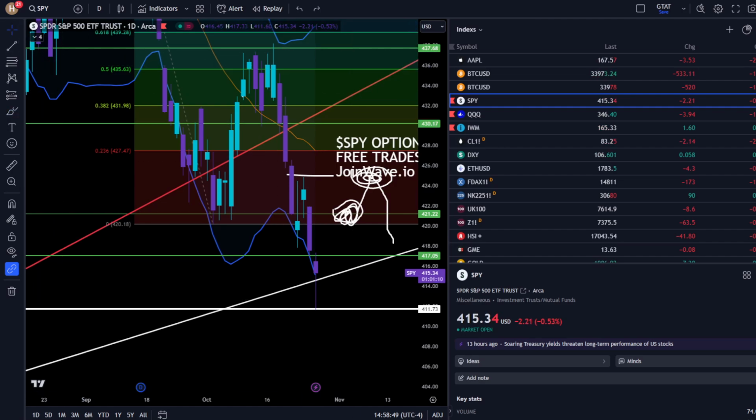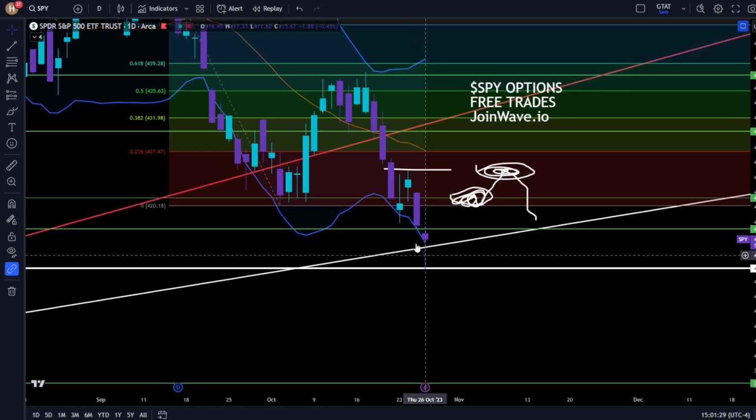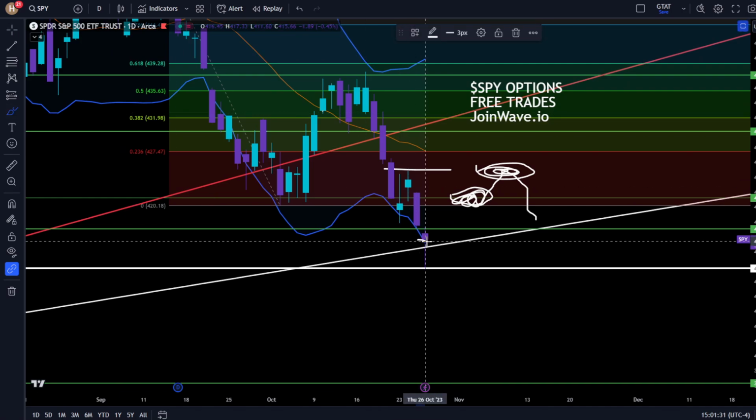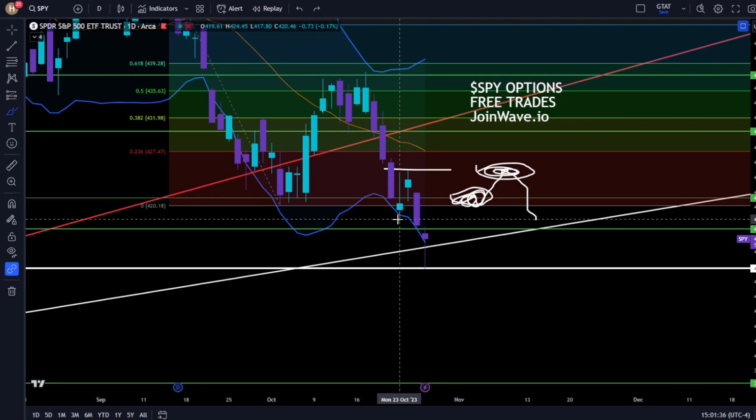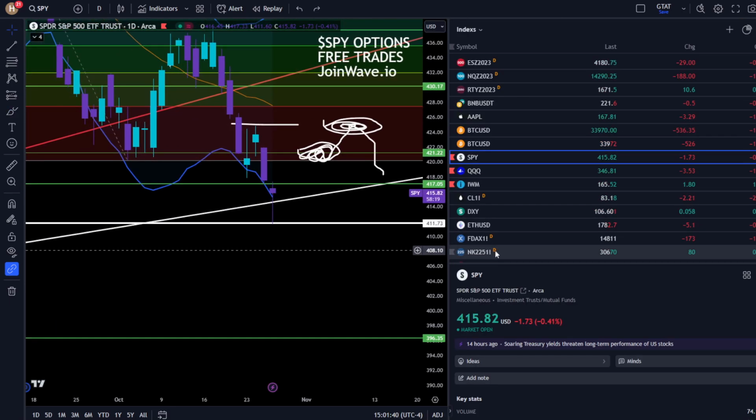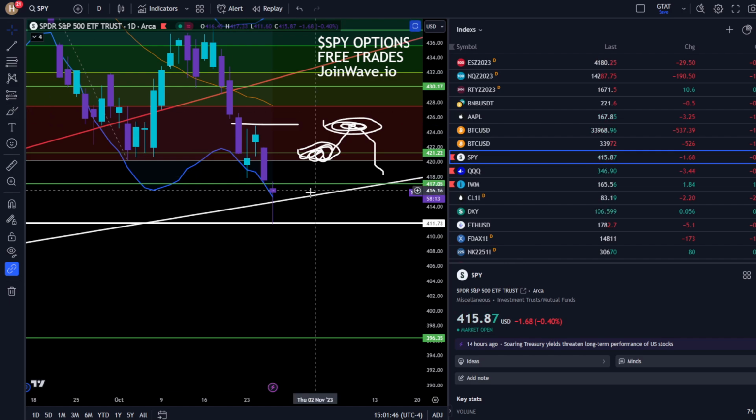So let me just make this very clear. We can easily come back and retest everything and fill this entire wick. So that is not out of the realm of possibility either. We can continue to fall. But once again, you cannot be bearish down here based off of the other reasons that I showed yesterday with